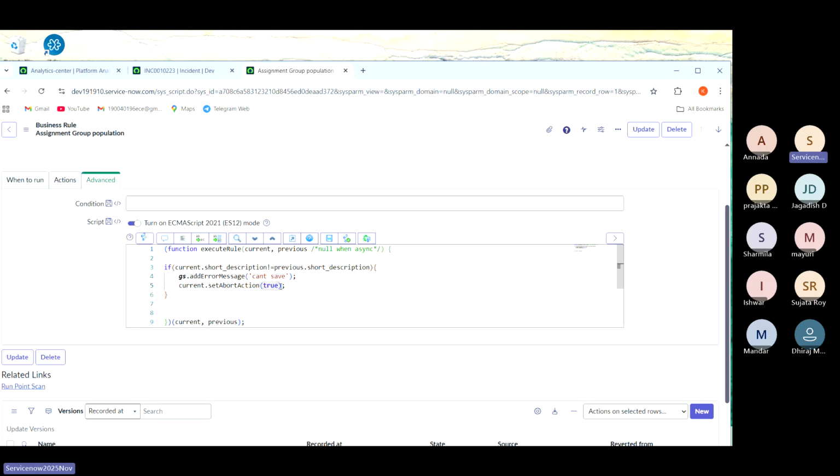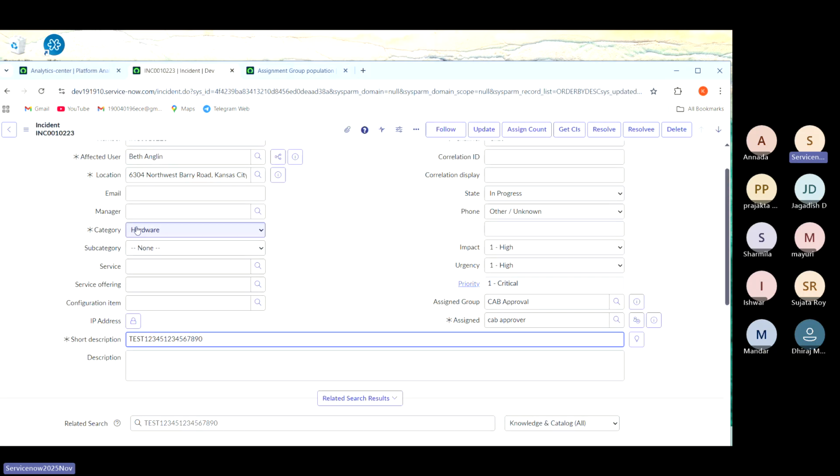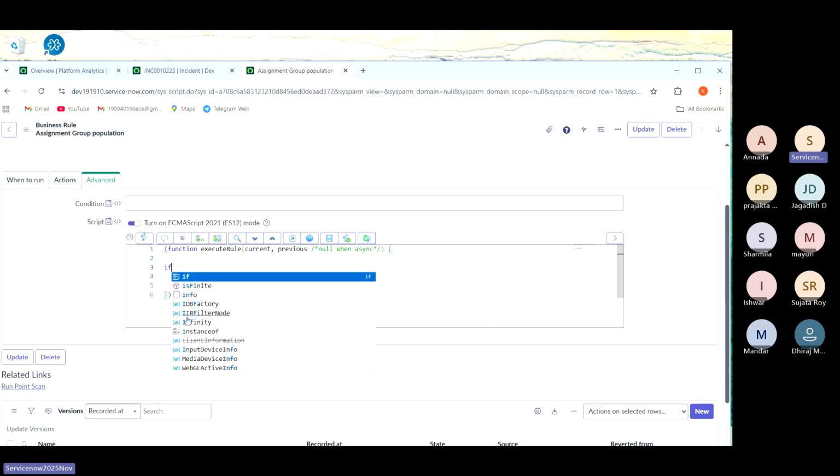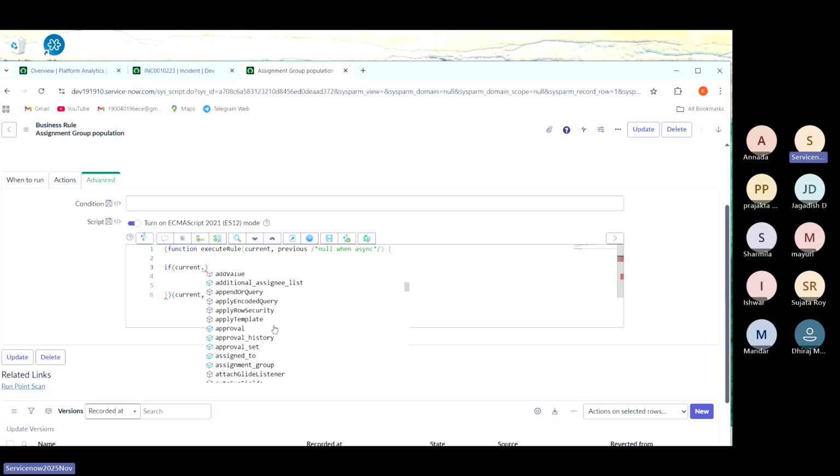So let's do this requirement. If category is hardware, the assignment group should be hardware. If software, software, like that. Current dot, you'll get suggestions here, all the group names. Hardware equal to what is the hardware choice backend name? It is hardware only. If it is hardware,